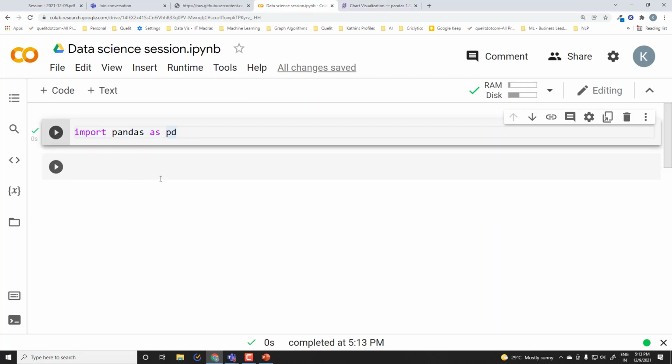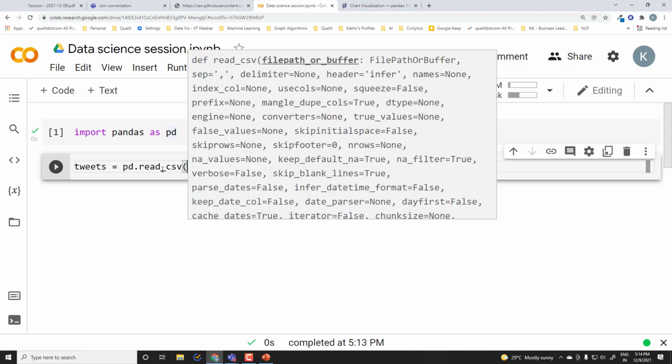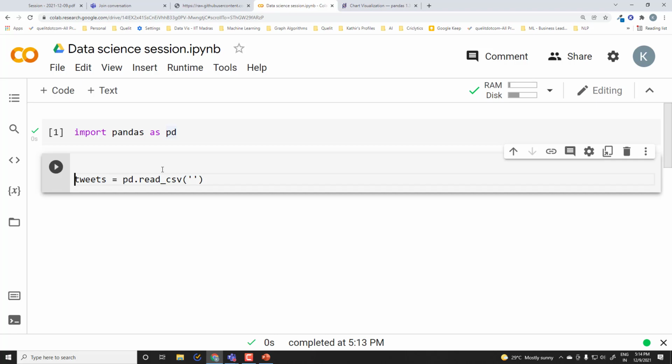So I'm importing pandas, and this package is already there in Google Colab. Let's read this data first and then see what is the problem statement that we are trying to approach. So let me call this data tweets. It has a function called pd.read_csv. I'm going to read it from a URL.